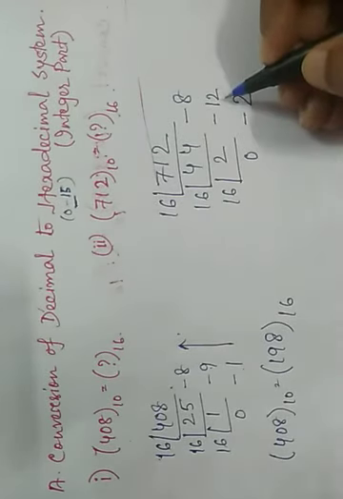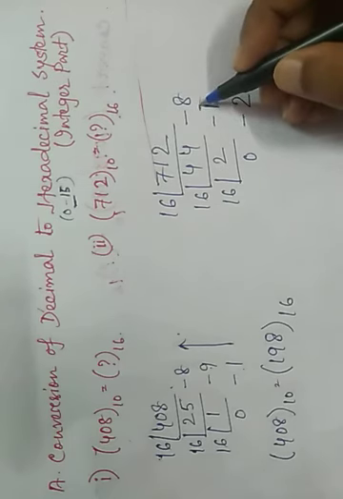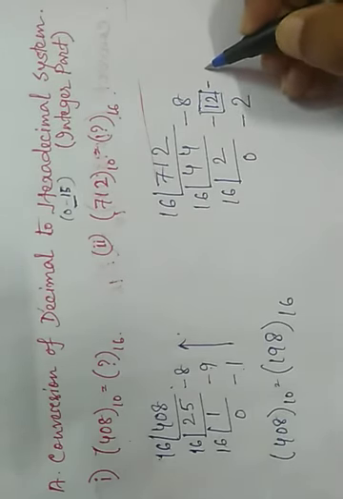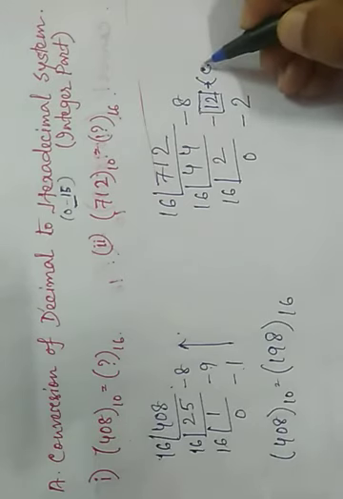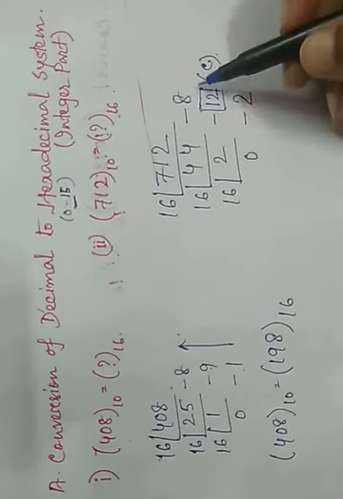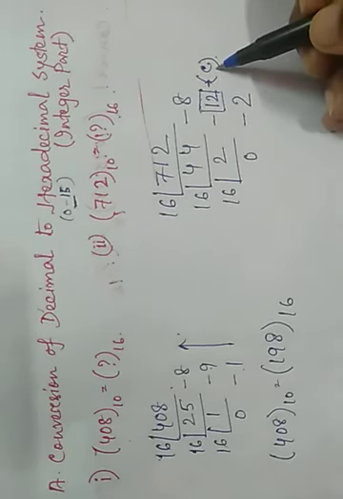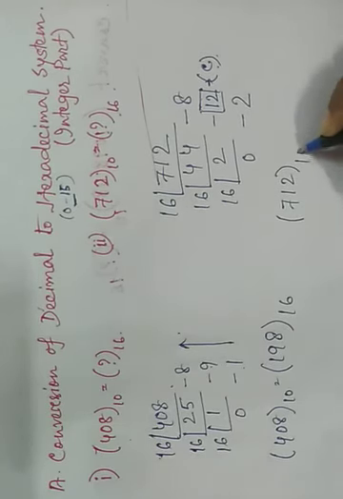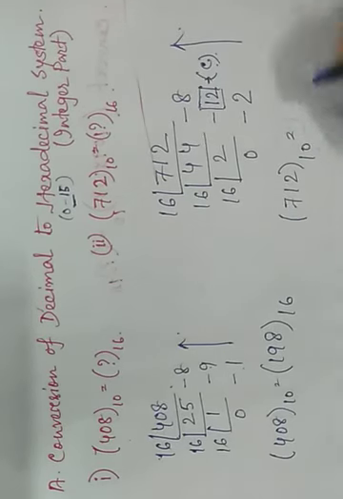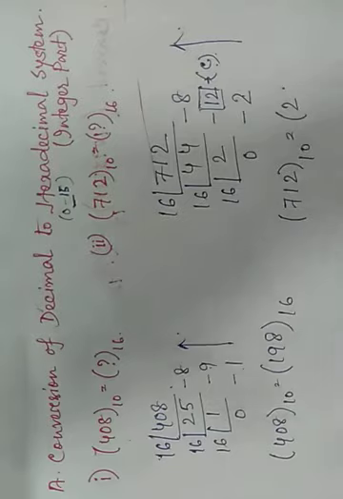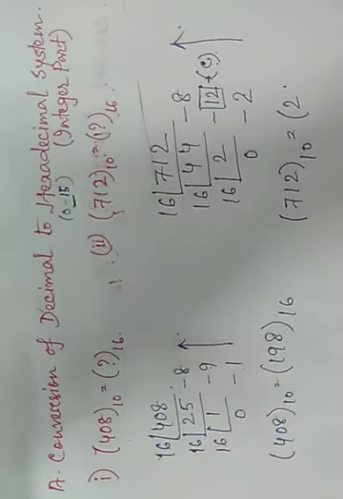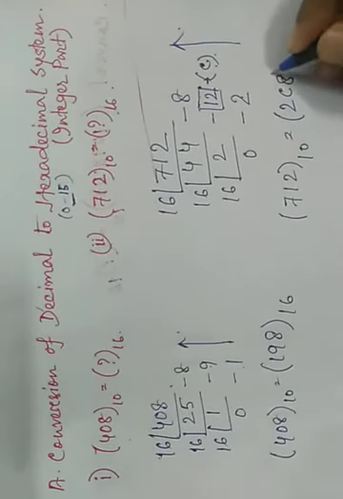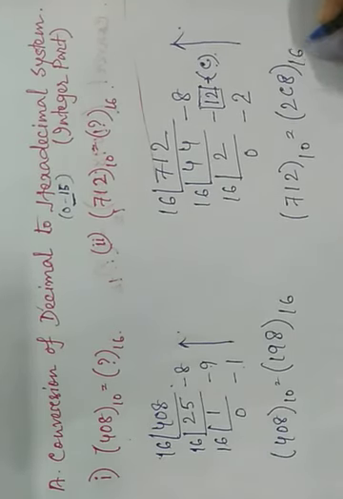You see here we get one remainder value that is 12. Okay, keep in mind that 12 belongs to the hexadecimal number system, and in the hexadecimal number system 12 is equivalent to C. We know that 12 is a whole digit, so we must denote it by C. So our hexadecimal conversion is 712 base 10 equals, in upward direction, 2C8, and the base is 16.